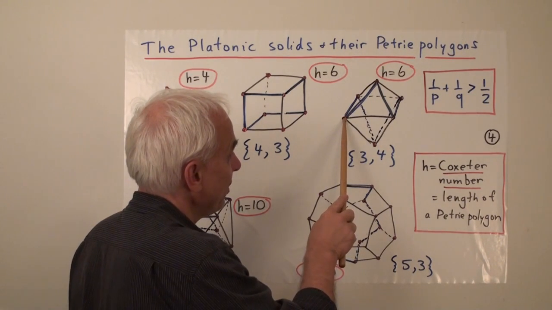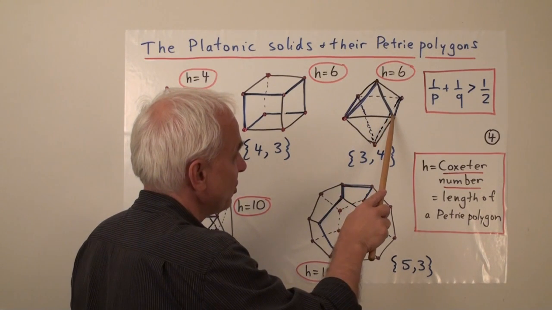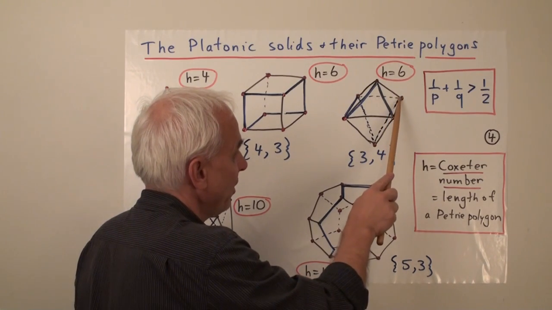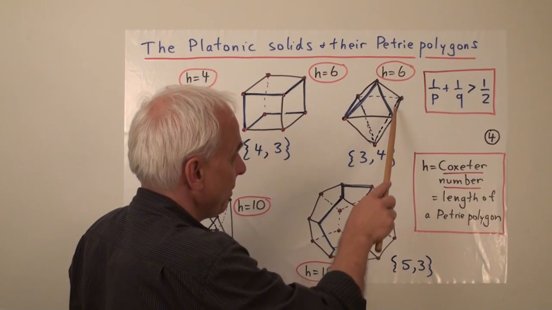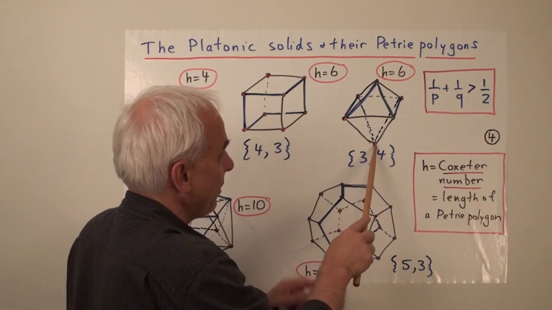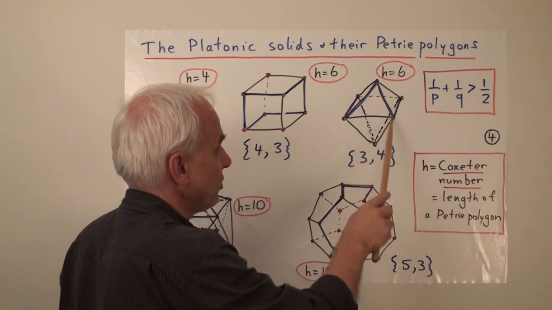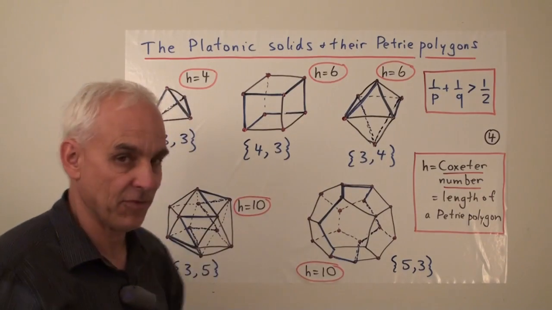Let's say we start here, we go up, and there, then we have to change faces. So from this face we go to this adjacent face over there, and then we go from this face to the face down here, namely going down here, and then up there, and then back to where we started. So altogether 1, 2, 3, 4, 5, 6. An h of 6, the same as for the cube.